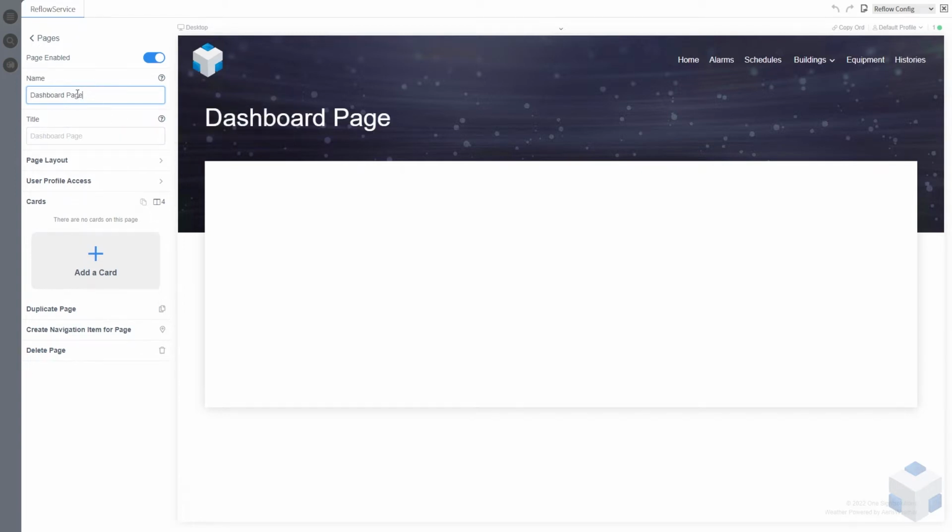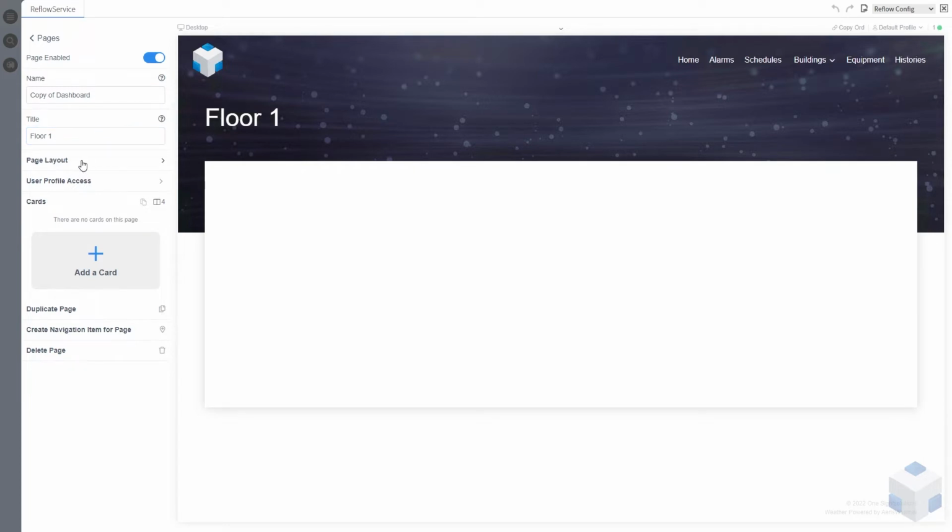So what I want to change this to now is a copy of dashboard, just so I know when I go back to my pages list the difference of those dashboard pages. So we actually want it to have a title as previous, so it will now overwrite that but still keep its name when it's listed in config. So we'll call that one floor 1,